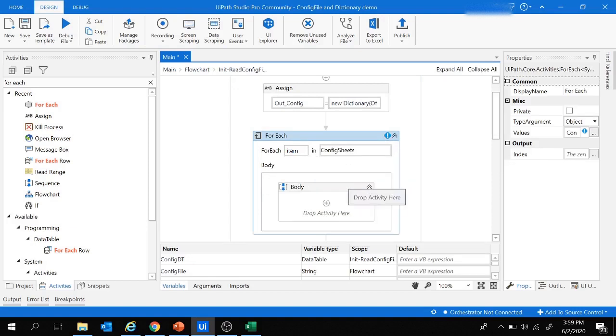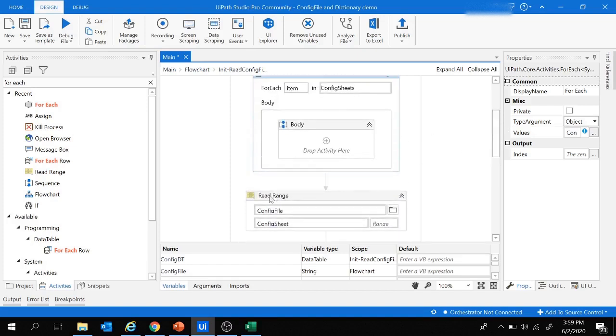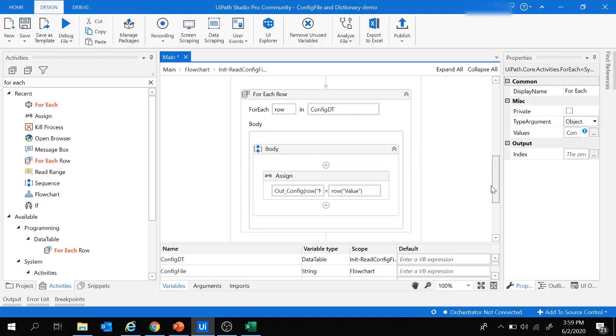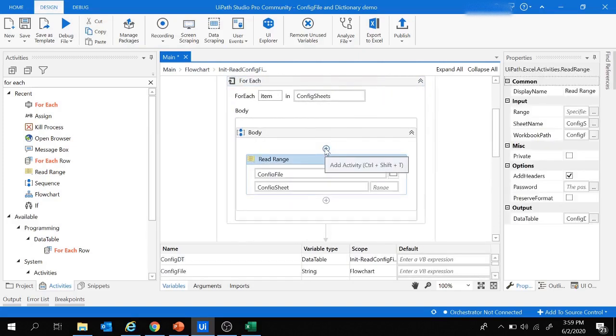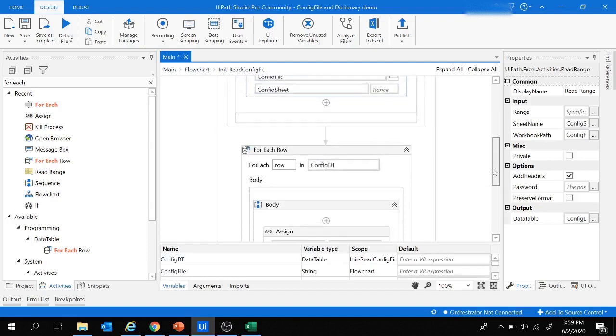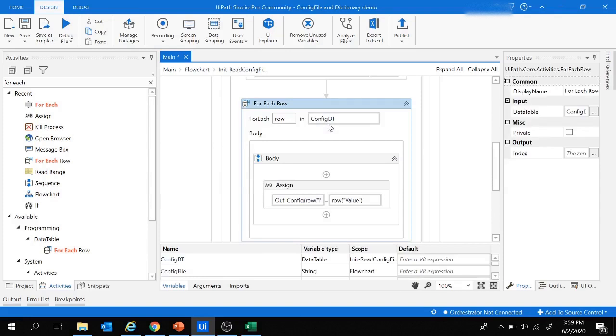So for each item under the config sheets, I'm going to do all these activities. So let's add this read range and all other activities under the body. So let's drag and drop this one under the body, and in a similar way let's drag and drop this for each row activity as well under the body.